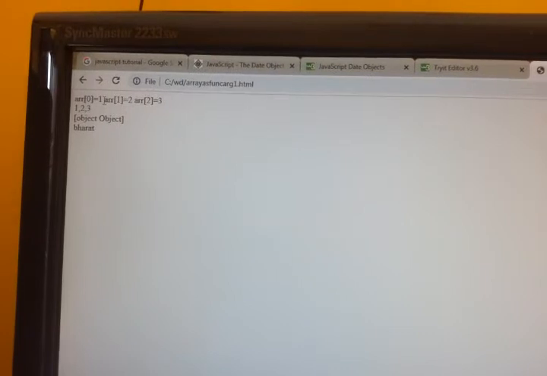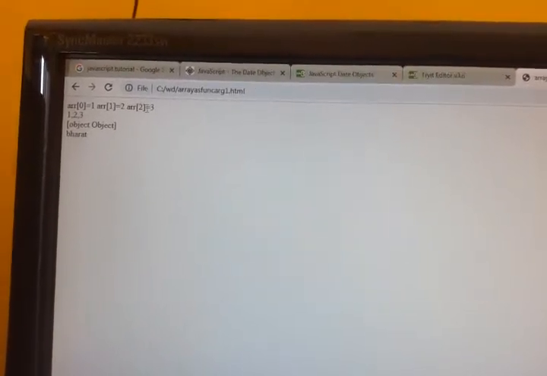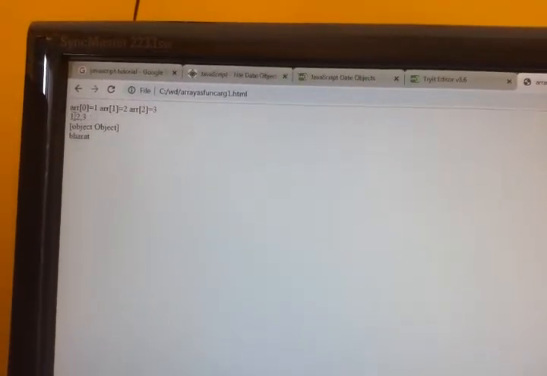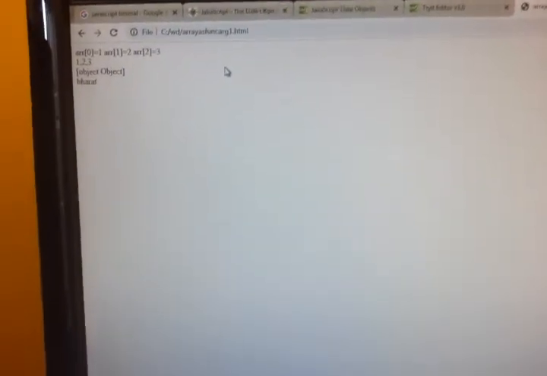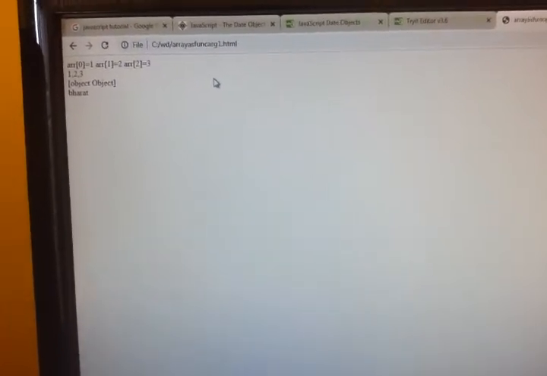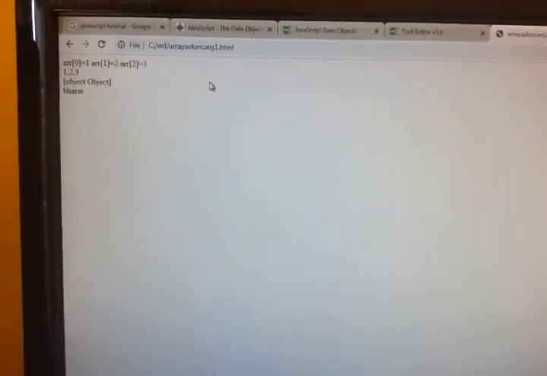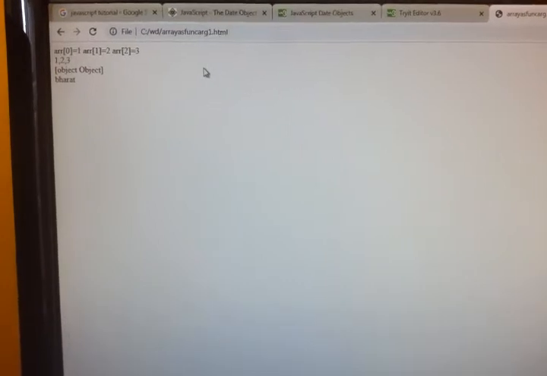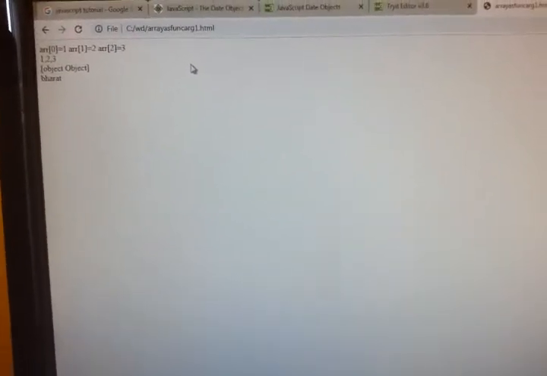So arr of 0 I got 1, arr 1 is equal to 2 I got, arr 2 is equal to 3. If I am talking about the complete array, I got 1 comma 2 comma 3. Then I have used only obj, so I got object. Then I have written obj dot name, accessing the property, so I got the value.